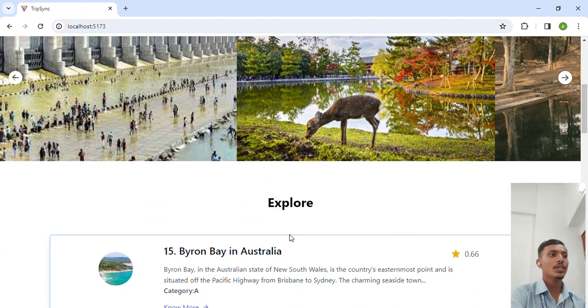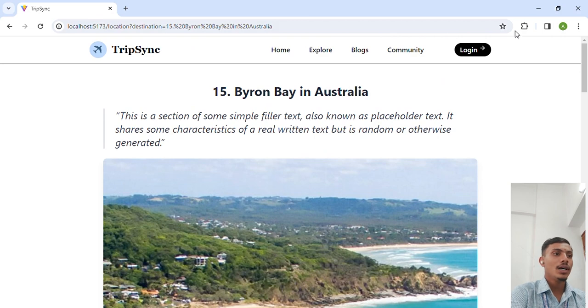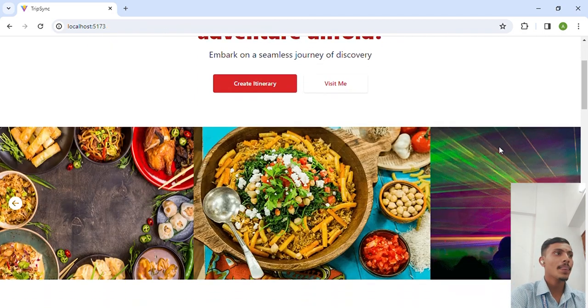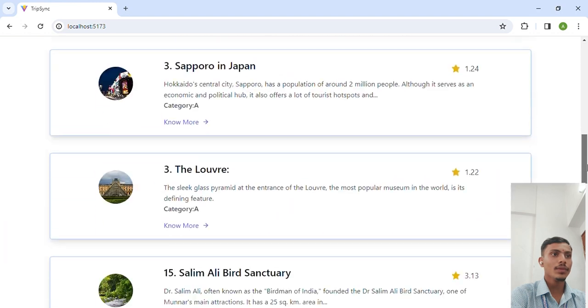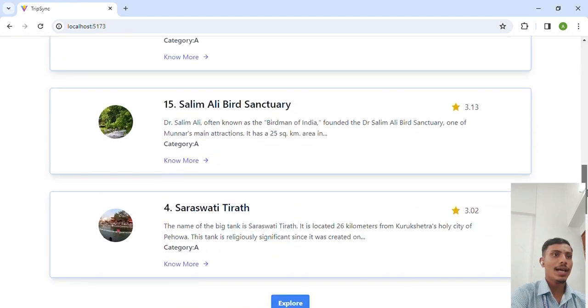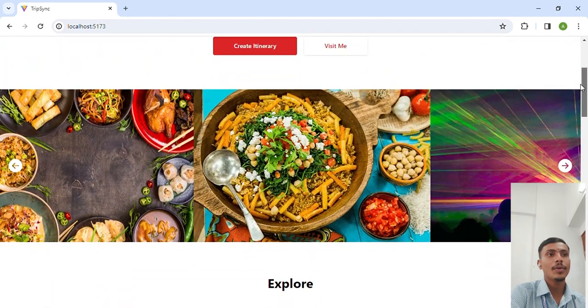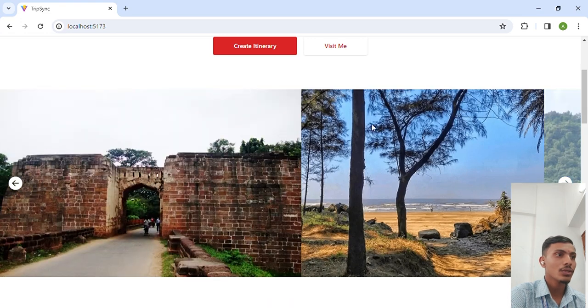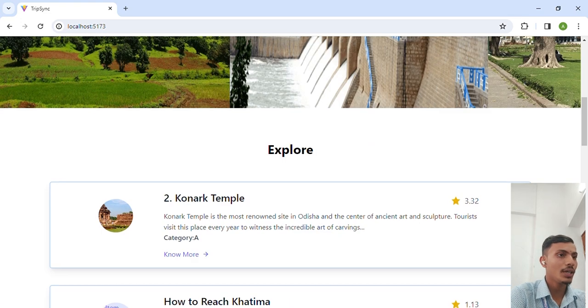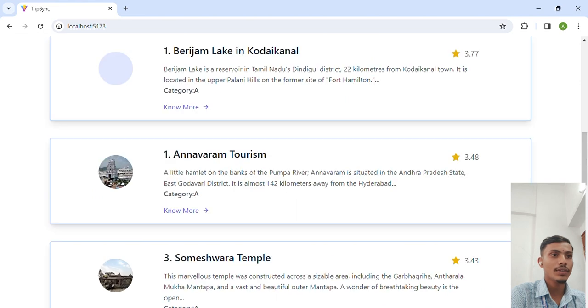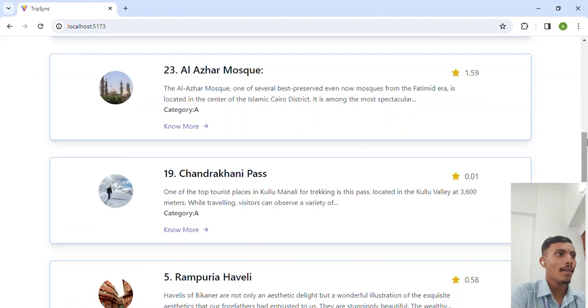Coming here, if you have noticed till here as well, these images are suggestions from our side. These are the locations as well as a few suggestions here. These are directly coming from our backend server, as we have implemented the ML model from scratch. The specific thing to highlight here is that the ML model we are using, we have implemented from complete scratch along with the algorithms. If I refresh it two to three times, that would be more clear. Even these suggestions are dynamic.